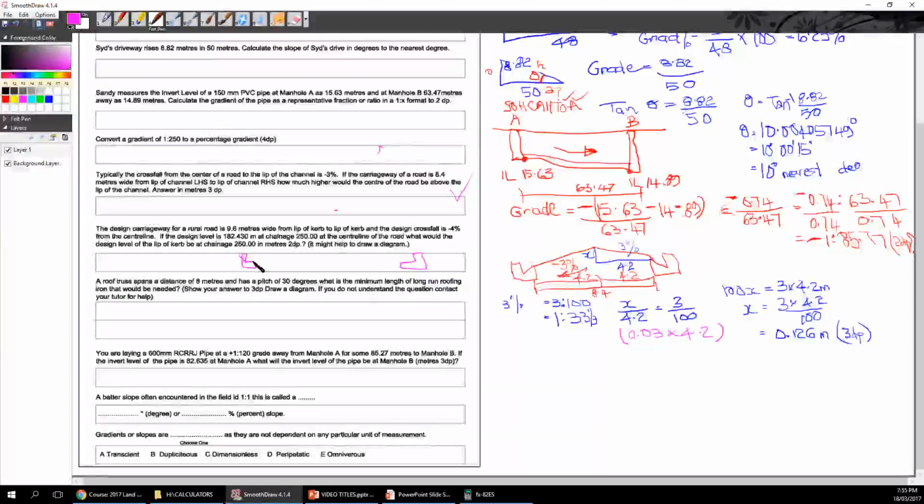Okay, and then we've got our road typically like this to there, and this here is -4% there, and we've got the center of the road